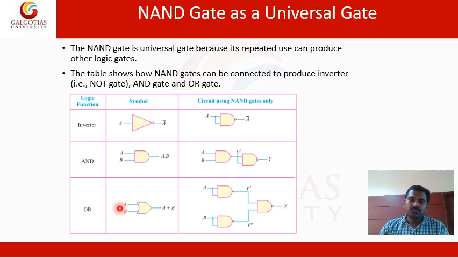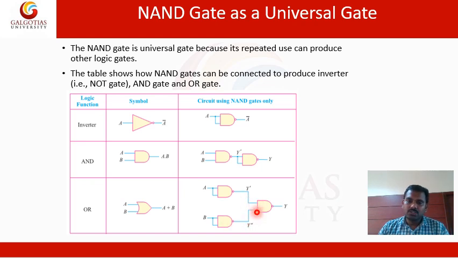Now the third fundamental logic gate is the OR gate, which we can derive by using three NAND gates. Here we can see that A is the input for the first NAND gate and B is the input for the second NAND gate, and since we are using only one input, the output will be the complement. So here the output Y dash is A dash, and here we get Y double dash, which is equal to B dash. So B dash means complement of B.